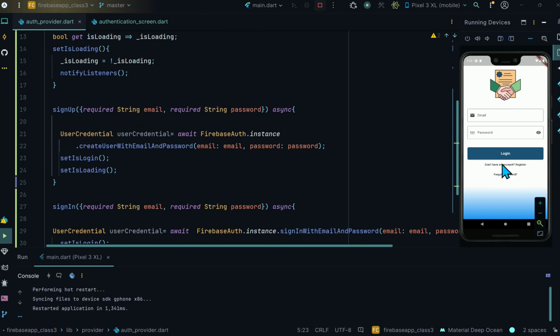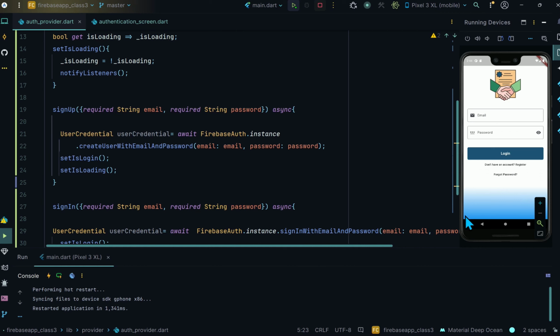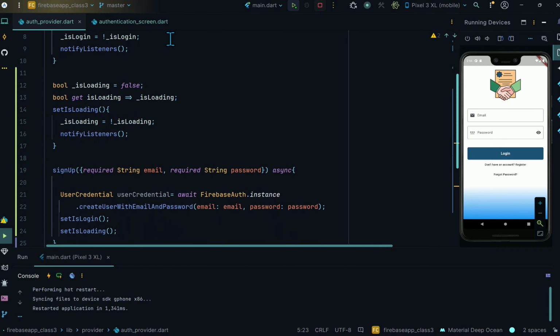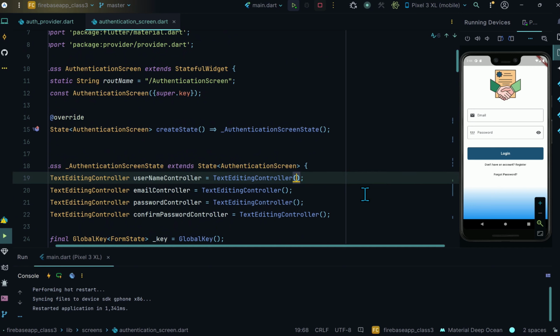Another point is that every time we want to register or log in a user, this is just for testing purposes, so every time we are typing all the values. So to save time, let's provide default values here. Just a username, let's suppose some user100, and the email should also be a text value, user100@gmail.com,